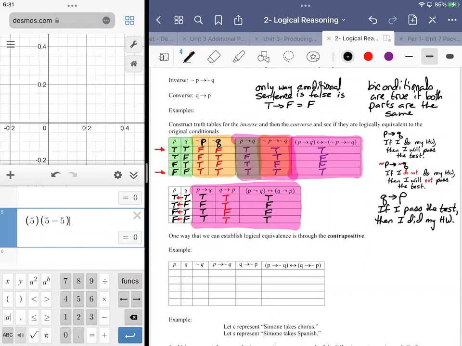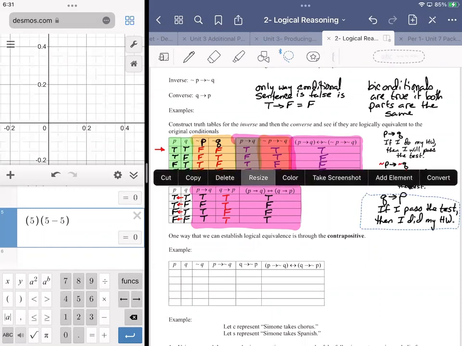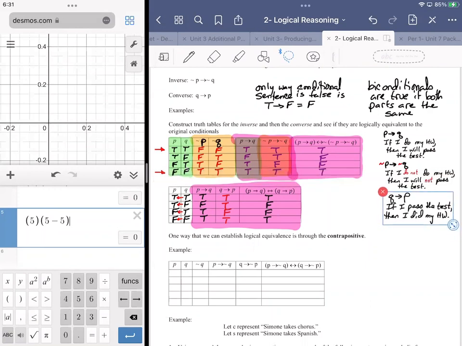Unless you're looking at it as a general statement. If I pass tests, just in general, I pass tests. I do it all the time. I pass tests, then I generally do my homework. Right? That could be a way of thinking about it too. All